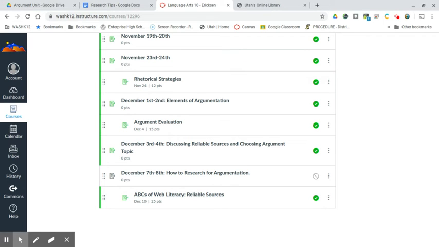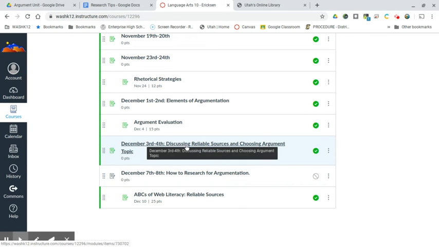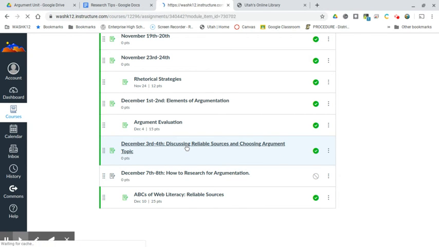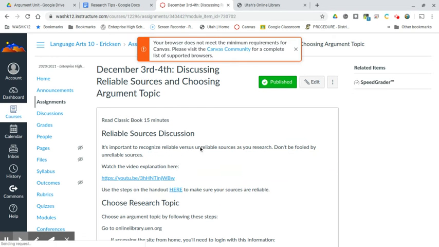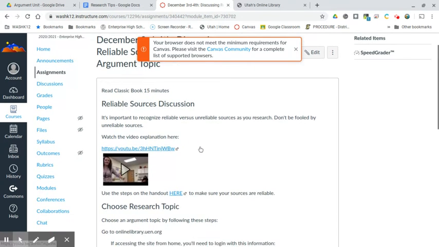Okay, folks, we are going to review today how to research for our argument papers. I want to show you guys a few tools that you have online to make your research experience a lot easier and also go over the assignment that we're going to complete along with our research. If you go to the December 3rd and 4th link on your Canvas and open that up, it has a walkthrough of how to access a lot of the sources,